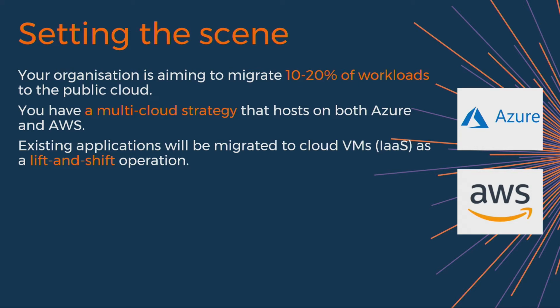So you're looking at taking some existing applications and migrating them to cloud VMs. That's infrastructure as a service. And that's sort of what's called a lift and shift operation. So you're not redesigning or even really redeploying that application in the sense of the VM layout. You're just trying to take all of the components that are currently on VMs and essentially move those VMs up into Azure, and sort of hope that when you fire up the VMs in Azure, it works